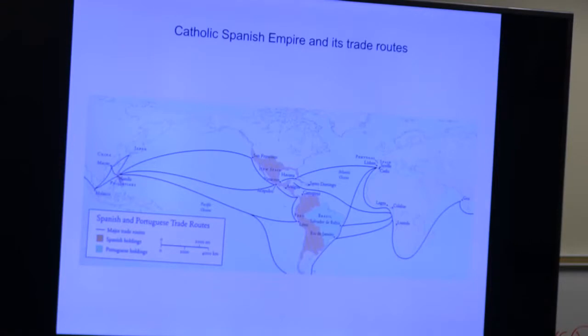But in any case, this is one of the maps that gives us a sense of, like I said, the territorial expansion. So Spain's up there. These are the territories, the little orange ones. That's what is settled and claimed by Spain. And then, of course, the Philippines, which are distant, but are actually governed by Mexico City. Okay? So just to give you a sense, one of the things that